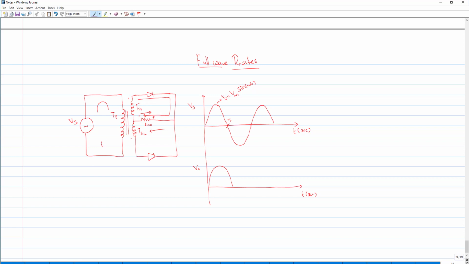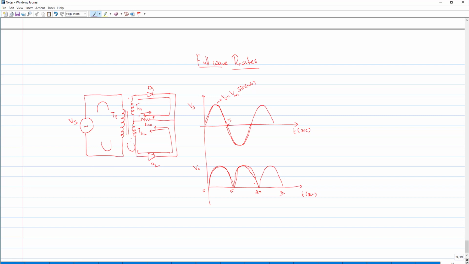Now, when the waveform is negative, this will become positive. So, this diode, say this is the diode D1, is off, and the diode D2 is on. So, the current and voltage directions remain the same. That is how you can see what is actually happening: the positive side of the waveform is rectified to positive, and the negative side of the waveform is also coming into the positive side. This is the beauty of this.